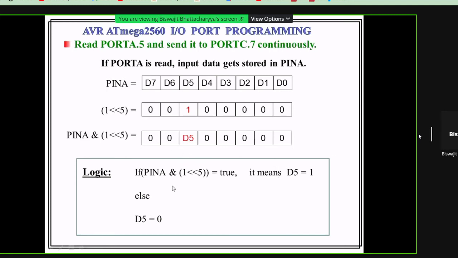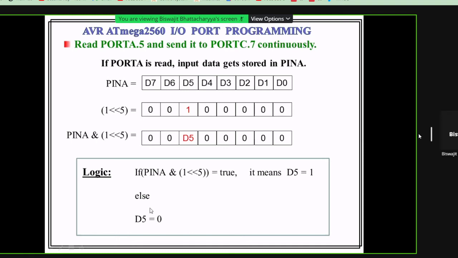Otherwise, the D5 bit is 0. But in our program, we will not write equal to true, because if it is true, then it will go to the line under if. And if it is false, it will just go to the line under else.